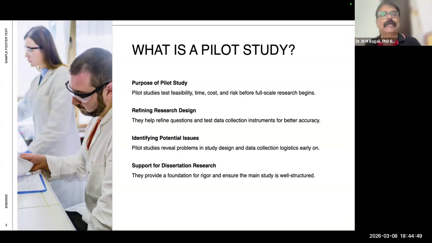When I want to look at 500 students, I better understand this by testing with 10 or 12 students whether my research question, my research understanding, and my research framework are appropriate to understand social media and its effect on the behavioral aspect of the students. So a pilot study will give you the feasibility of understanding this.